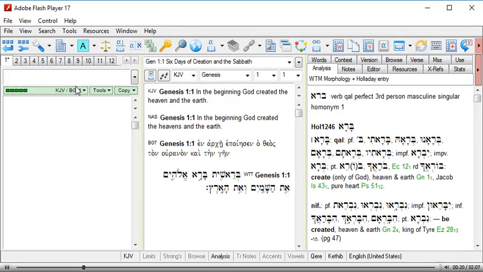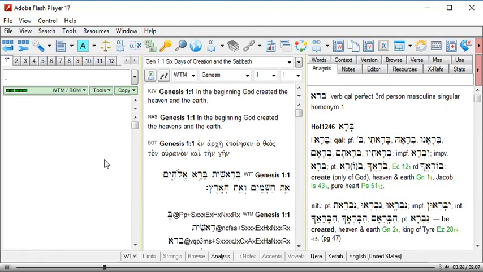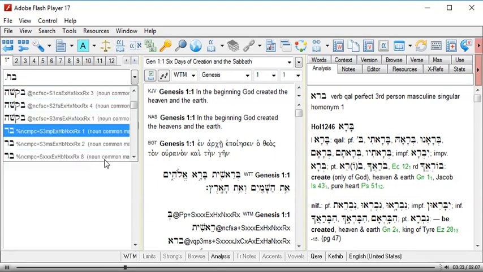Click on the command line and type in WTM, and then hit enter. Now type a period, and if you wish to search for the word bara, type in B-R-A. The BibleWorks keyboard for Hebrew intuitively seeks to match the same sounding English letter for the Hebrew letter for